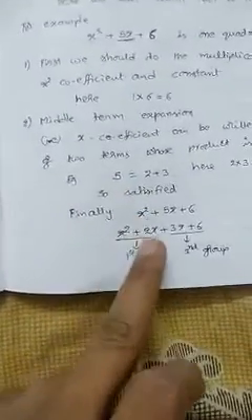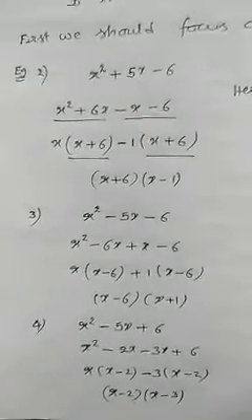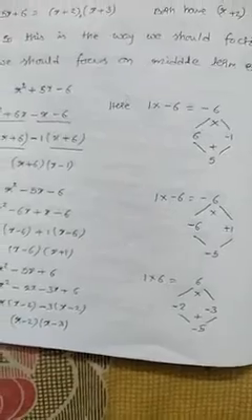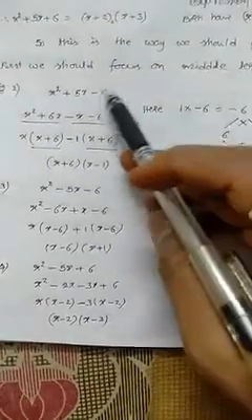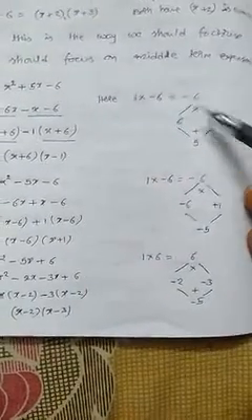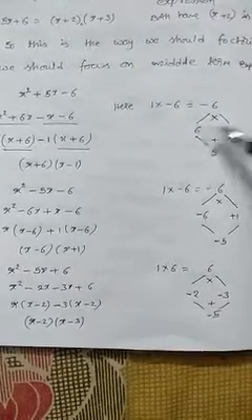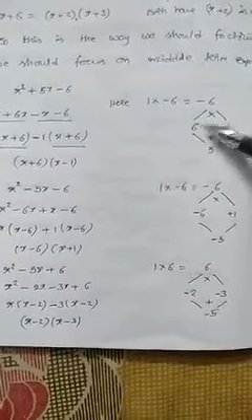I took the same example as before, x square plus 5x plus 6. But by changing the minus and plus symbols, our values will change. Here what I took first is x square plus 5x minus 6. Observe here, 1 into minus 6 becomes minus 6. What I require in the middle is plus 5. So I want to write two values whose product is minus 6 and sum is 5. As in the previous sum, we write 3 into 2. 3 plus 2 is 5, correct.